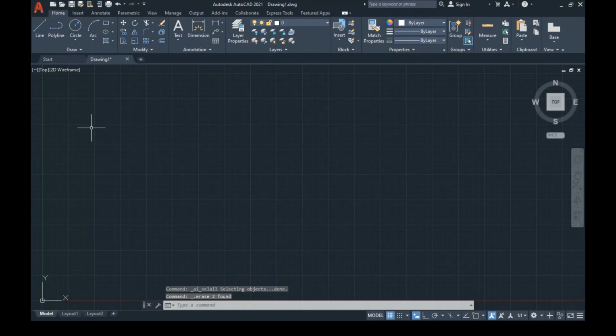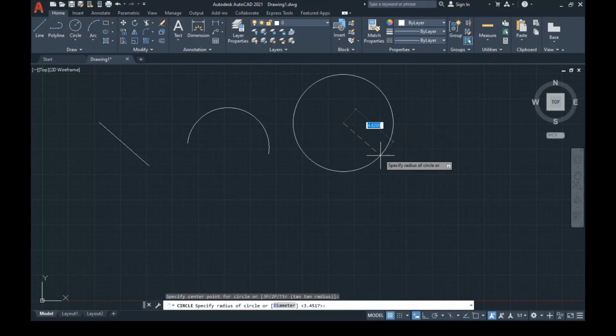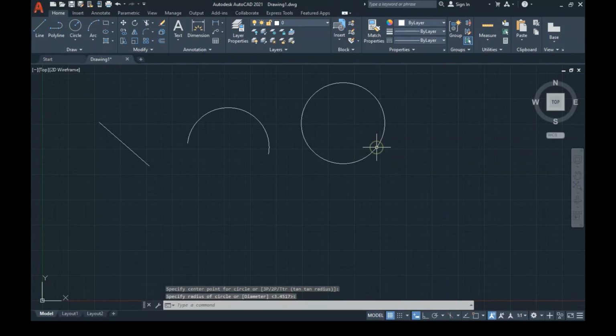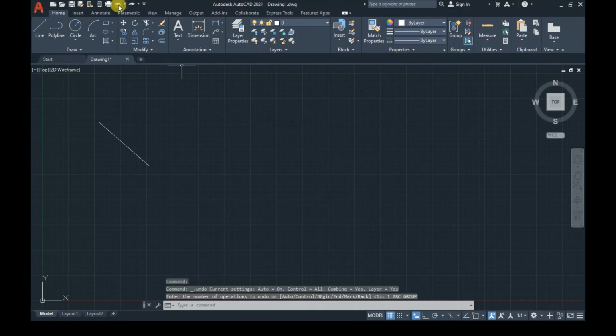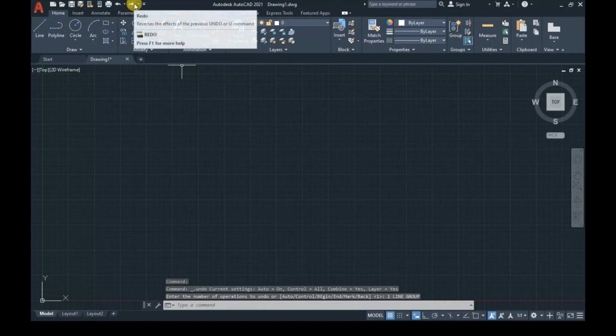I had done Control A, delete. So let me make a line first of all. Fine, this is the line. Say I now make an arc. This is the arc, and now I made a circle. Fine. Escape. So I have line, arc, circle. Now I do undo 3 times. Undo, undo, undo. Fine. Now there is an option: if you drop down this redo option,